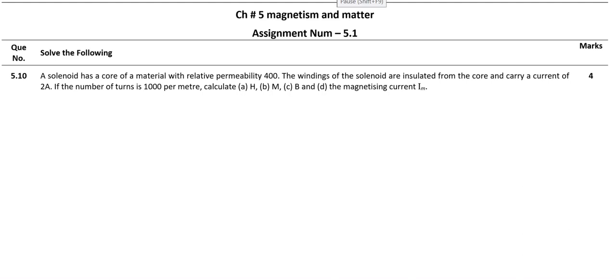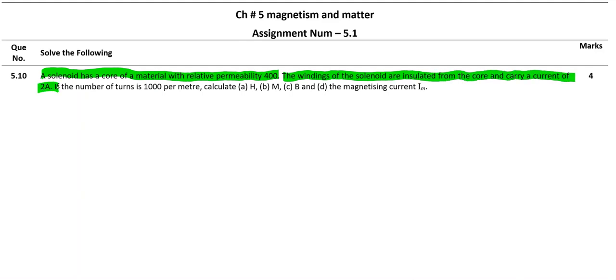Hello students, in this video we have 10th illustration of chapter 5. The question is, a solenoid has core of a material with relative permeability 400. The winding of the solenoid are insulated from the core and carry a current of 2 ampere. If the number of turns is 1000 per meter, calculate